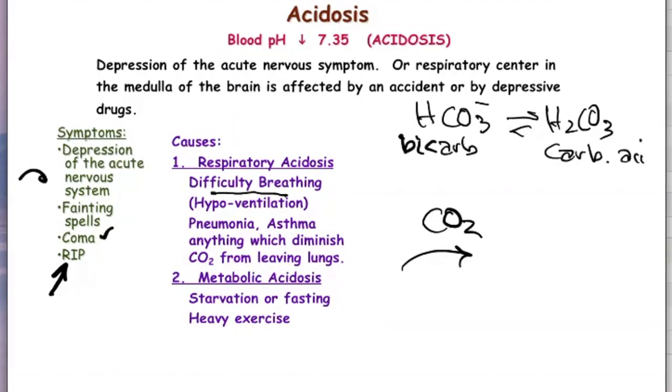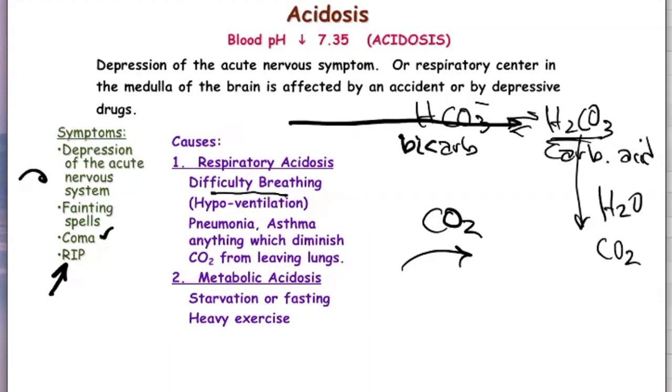Now, what happens if this reaction goes far to the right and we start loading up on carbonic acid? Well, our body has a natural way of getting rid of excess carbonic acid. We simply sweat it out and breathe it out. So if we get too much carbonic acid in our body, we breathe and we sweat